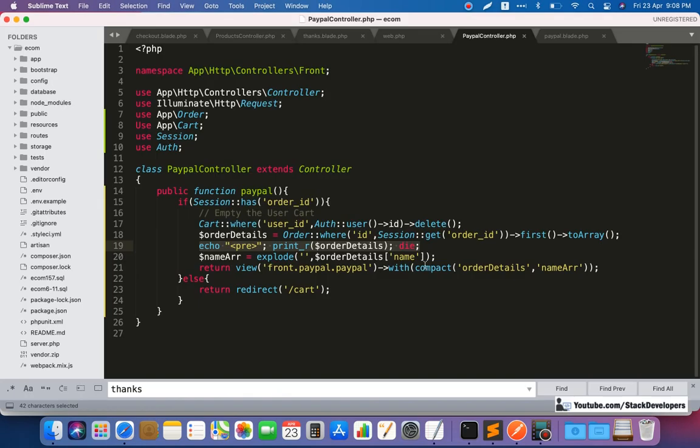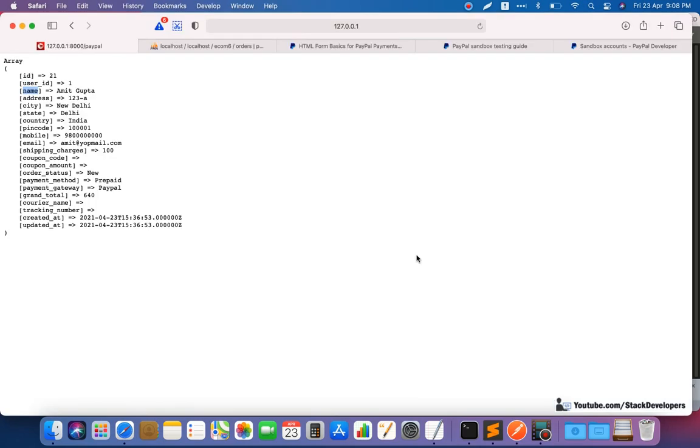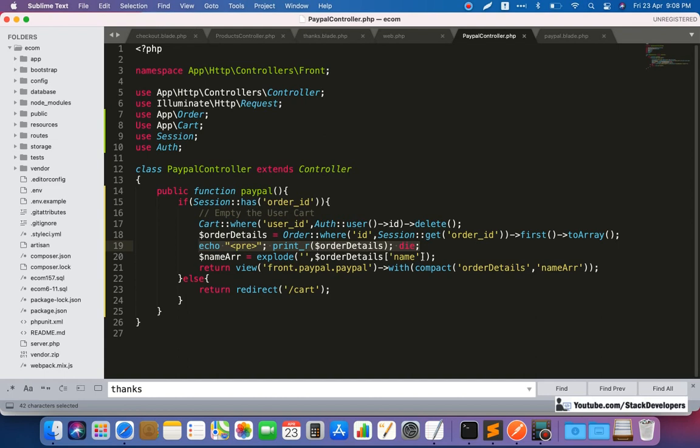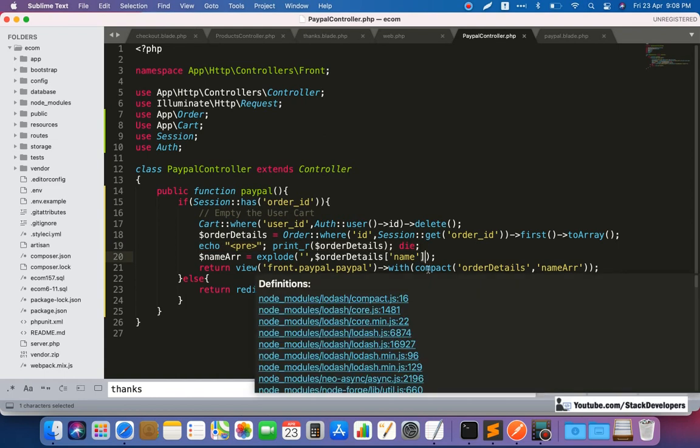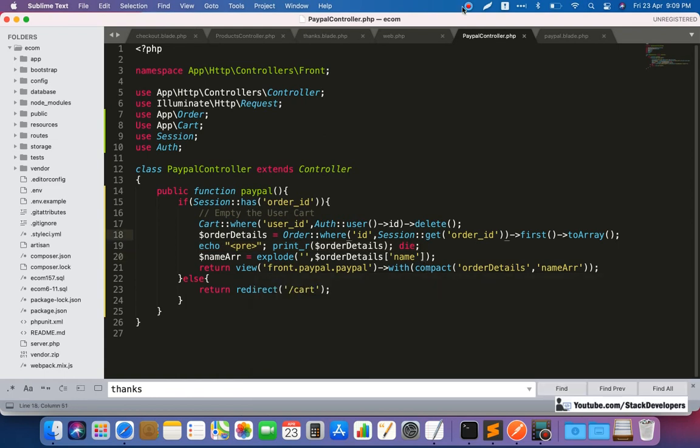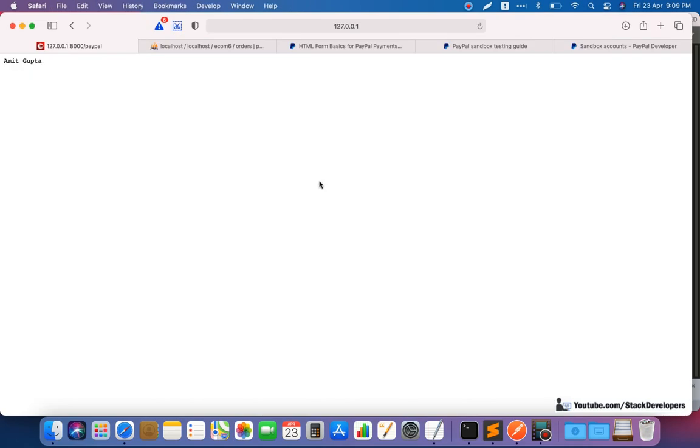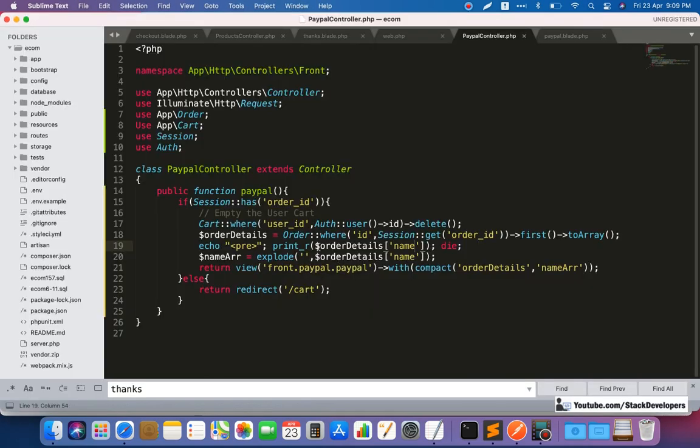Name seems to be fine here, but this one, we are going to check name inside this one. Let's see. Yeah, name is coming fine inside this one as well.